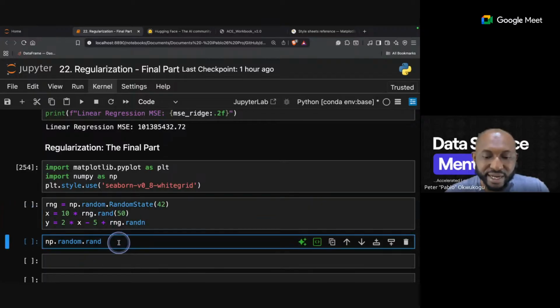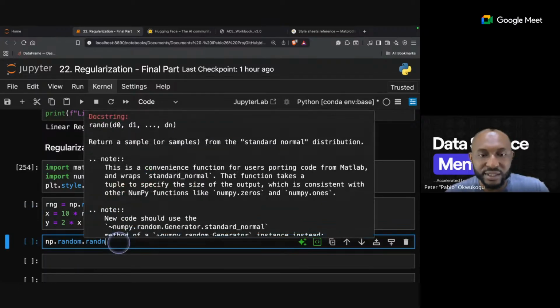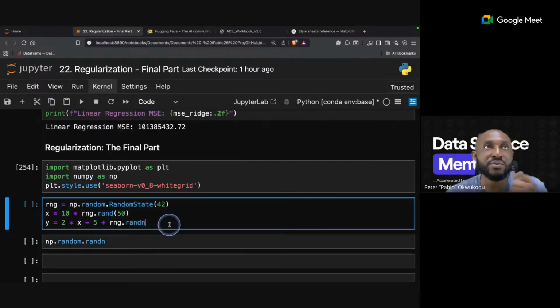Now again, when I say randn, if I use this, it will tell you it returns a sample from something called a normal distribution, and a standard normal distribution will show you like 68% of your data in a symmetrical shape, so to speak. It's a convenient way to create distributions, and you're going to see it when we visualize it. So this is what I'm going to create here, and I'm also going to make it 50.